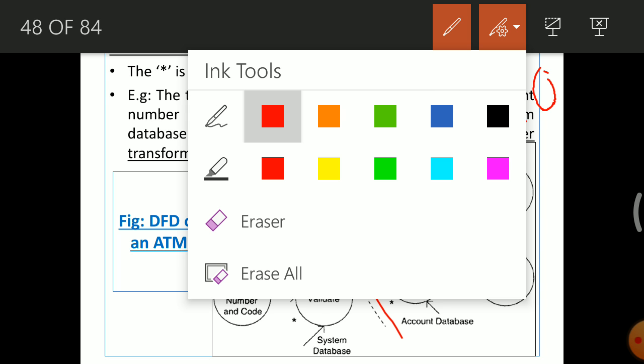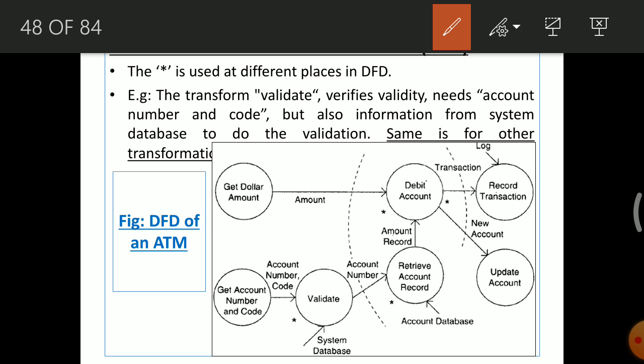That means the most abstract input given to this system, debit account, is nothing but these two different pieces of information. The arrows are given here, and the most abstract output generated from this debit account is shown as MAO on the right-hand side: the record transaction and the new account and transaction.